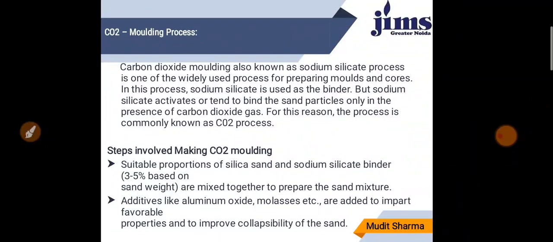These are some of the common steps involved in making a CO2 mold. First step is